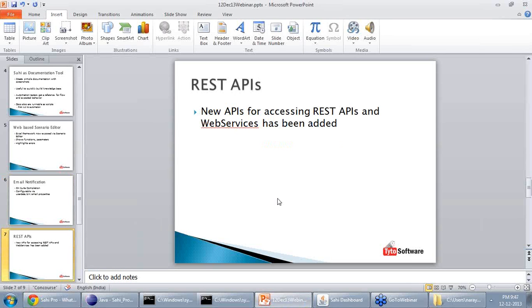We added a few APIs for handling REST APIs and web services. What we have done is,